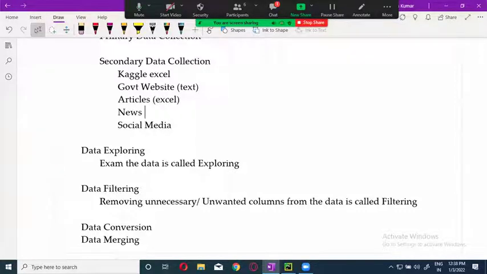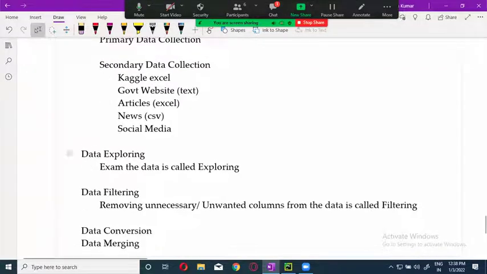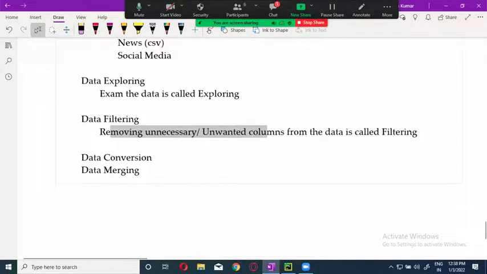And this was maybe CSV format. Like there may be different formats, right? Different file formats. Now, what you are going to do, you are going to examine all those things and remove the unnecessary columns, unwanted columns. And then you will convert those different forms of the files into one form. Okay, standardizing the file format